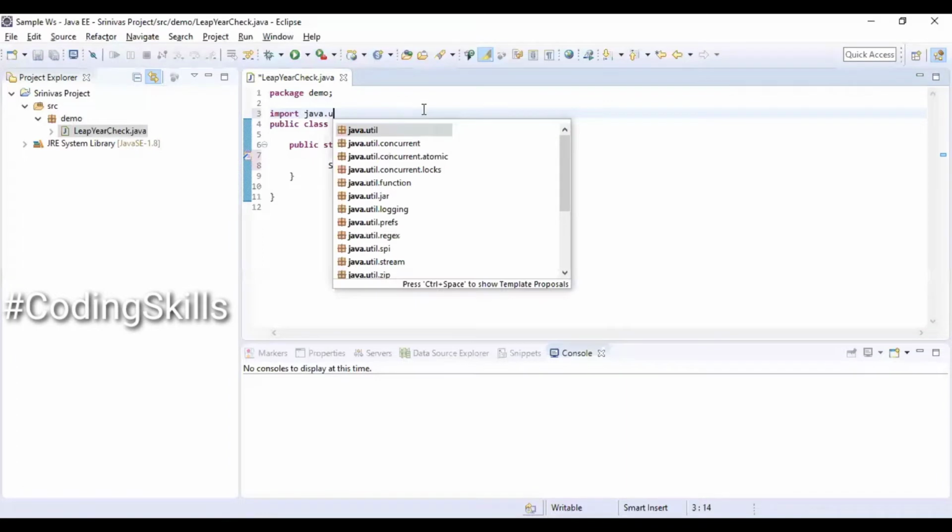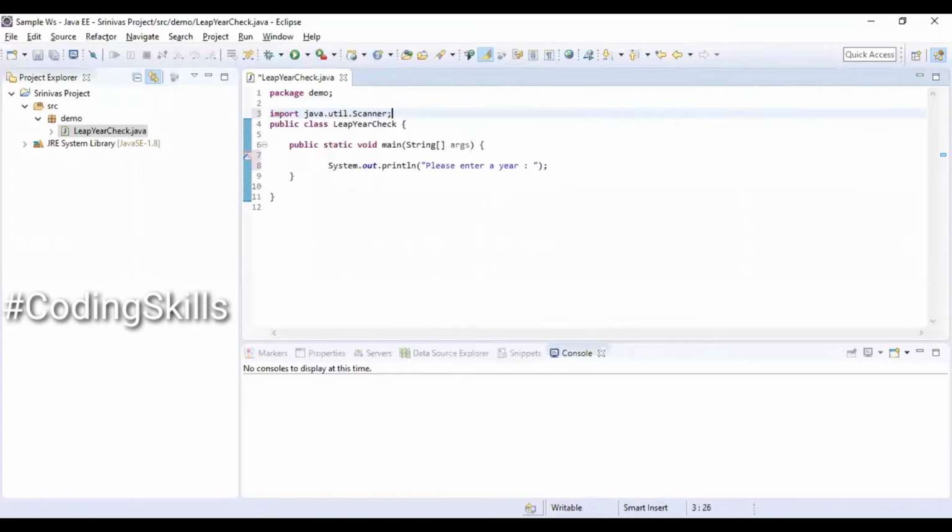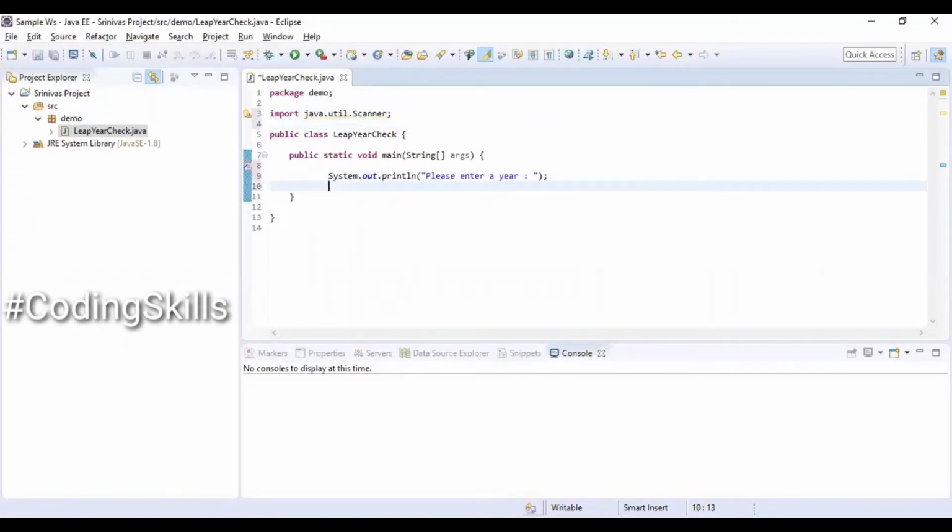Importing a Scanner object from the util package. Creating a Scanner object and mapping it to the input stream. Declaring an integer variable year and storing the value into it.